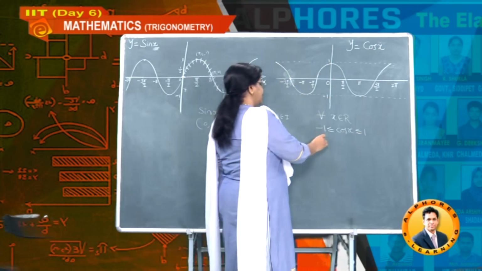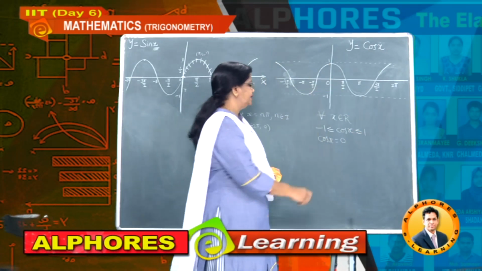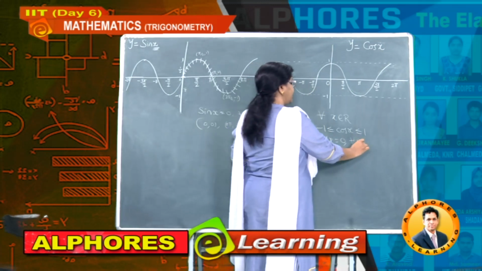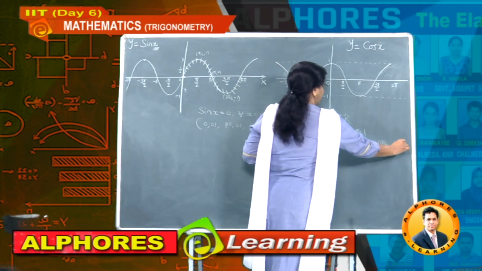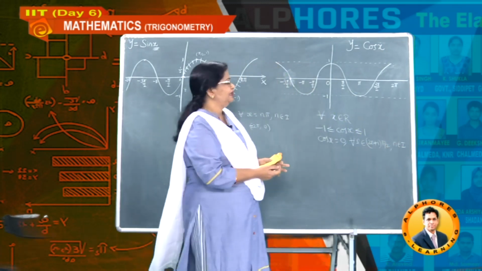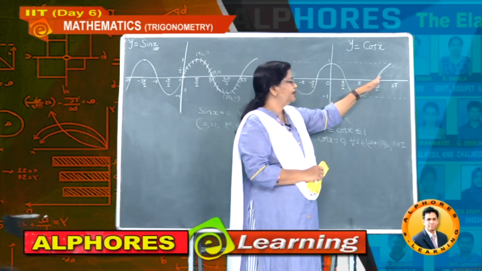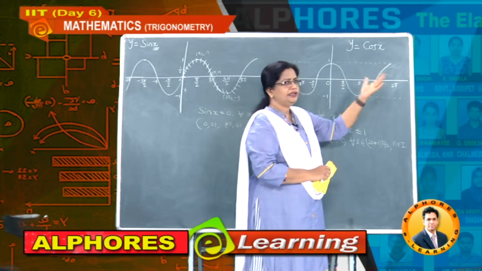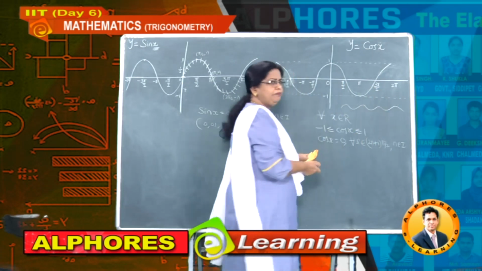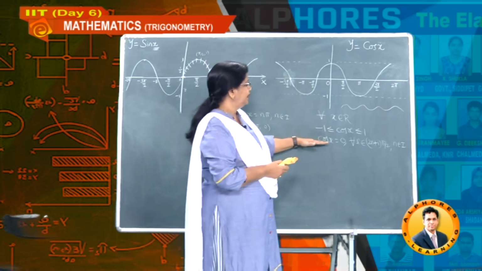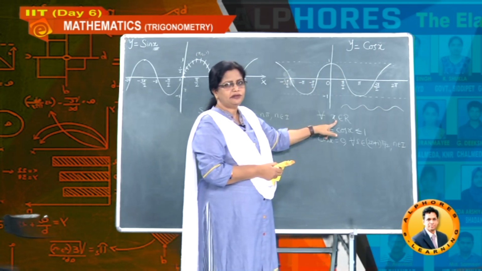And next one is cos x is 0. That means it is intersecting the x axis at what points? For all x belonging to odd multiples of pi by 2. Earlier also we observed this, where n is an integer. And next, this is also continuous, no breaks. As we can't draw up to infinity, we have to understand the curve goes on in this way. That means it takes the shape like this only. Okay, so it is a wave form. So it is continuous, no breaks at all, it is continuous throughout for x belonging to real numbers.